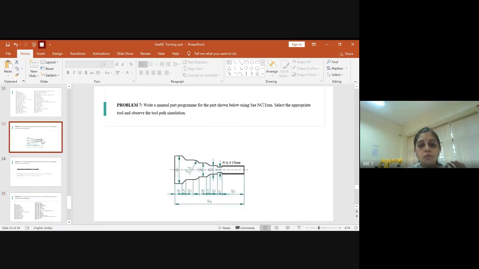So now our tool has reached here. X is equal to 12 and Z is equal to minus 46. After this, there is a linear interpolation again, not a circular interpolation. The only change is X is going to change to 20, right? Previously it was 12, so now X changes to 20. And the value of Z will change from minus 46, and you add minus 5 to it.